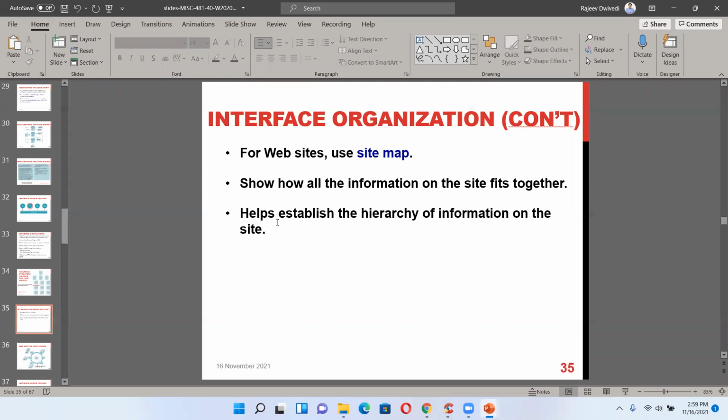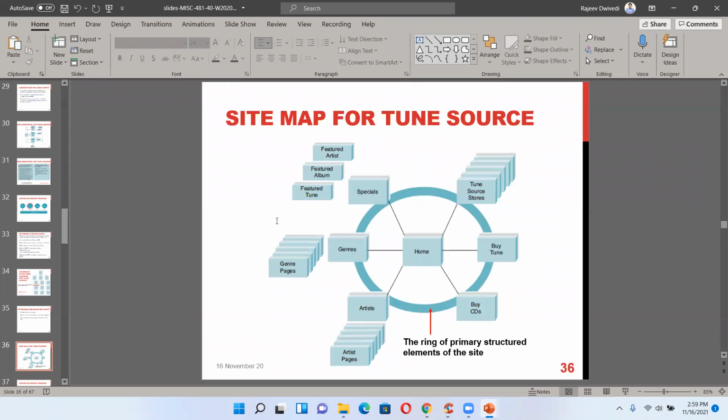Use sitemap. So basically you can see the sitemap for the TuneSource. Home, and under this, how many categories are there? 1, 2, 3, how many? TuneSource stores by tune, by CDs, artist,